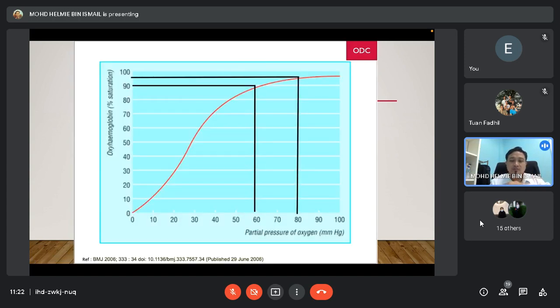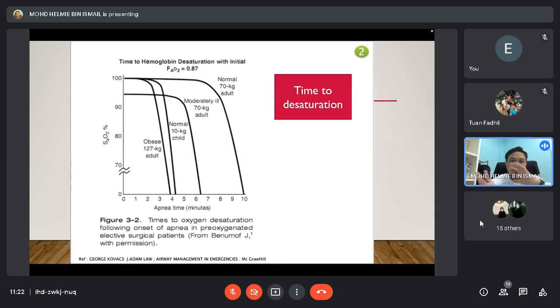So that's why we need to give the oxygen, because we want to pre-oxygenate the patient, because we want to denitrogenate. It means when we inhale air, about 21% is oxygen, and then 78% is nitrogen. So what happens? The time to desaturate will be